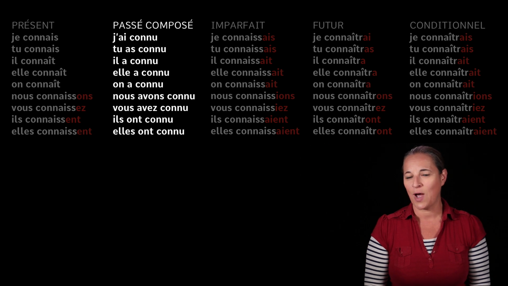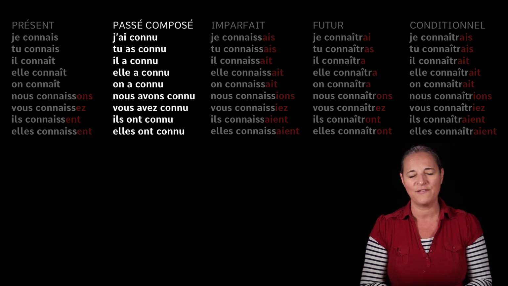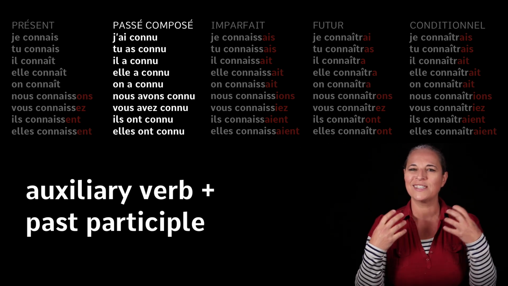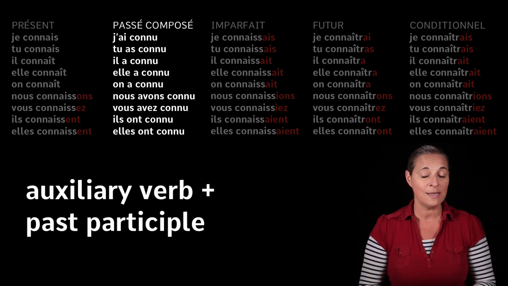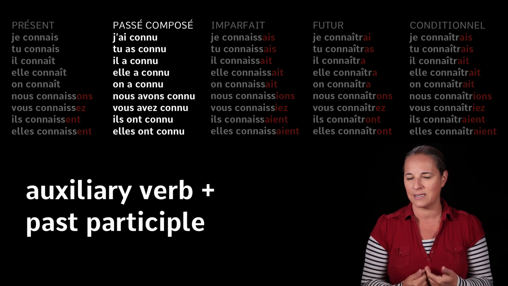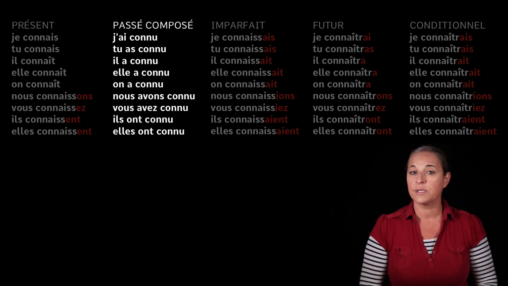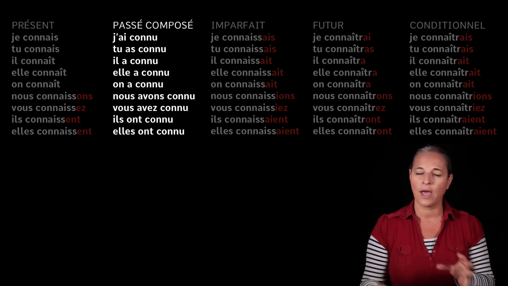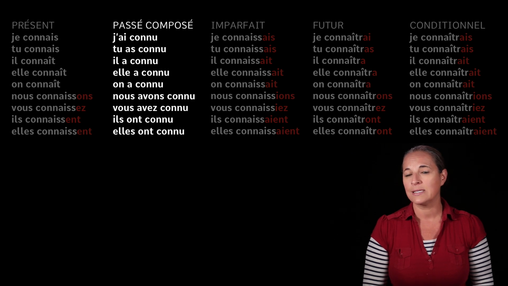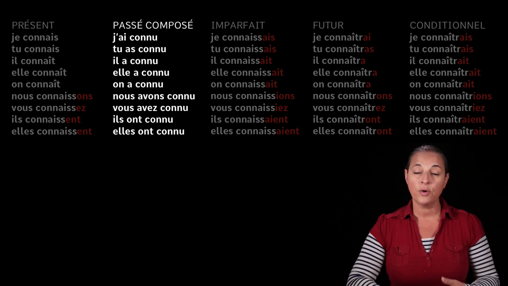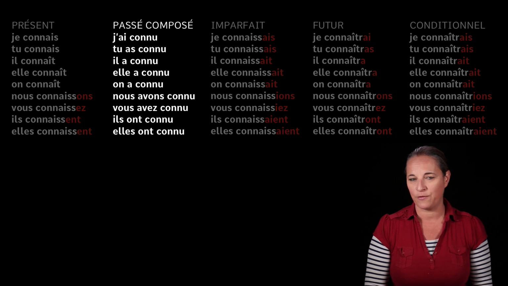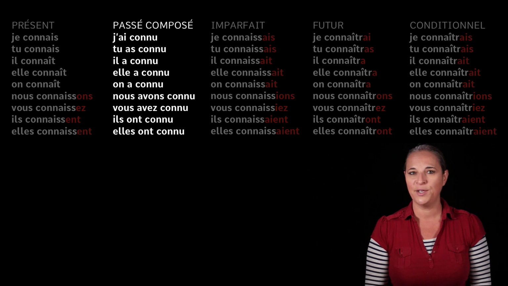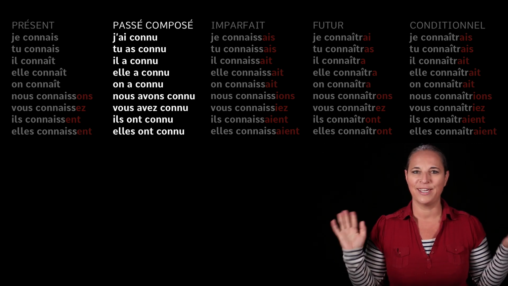And you need to know how to conjugate the verbs to be and to have in the present tense too, because these are known as auxiliary verbs, really important to form the past tenses. Now, for connaître, we use avoir, to have, as a present tense, so I have, you have, and then we add what we know as a past participle. But you're going to say, what is the past participle of connaître? Well, for connaître, it is connu. Now I don't know why, okay, connu.